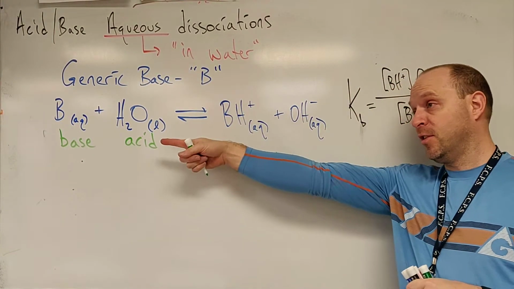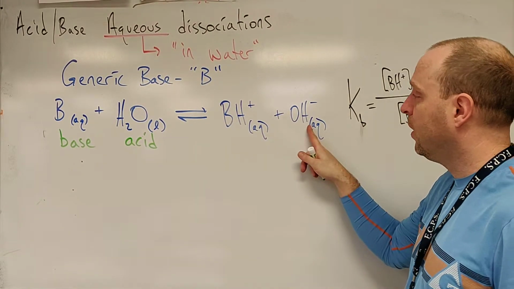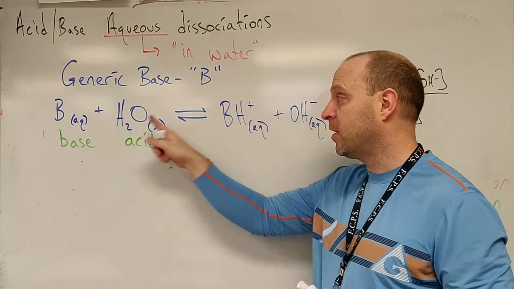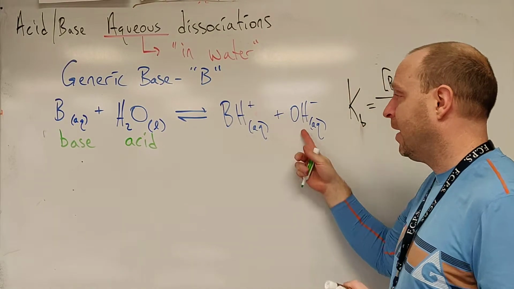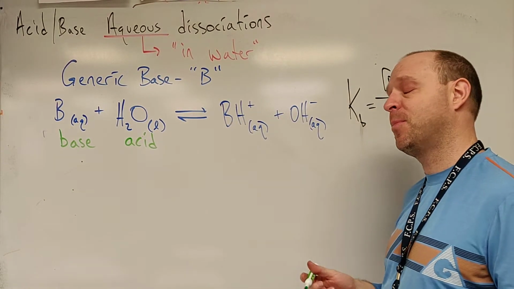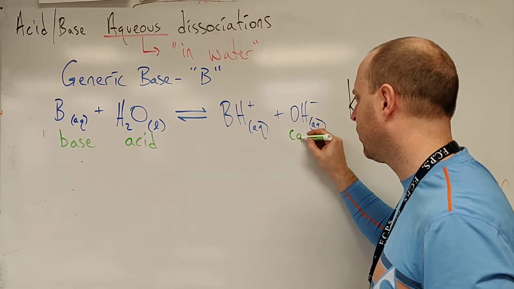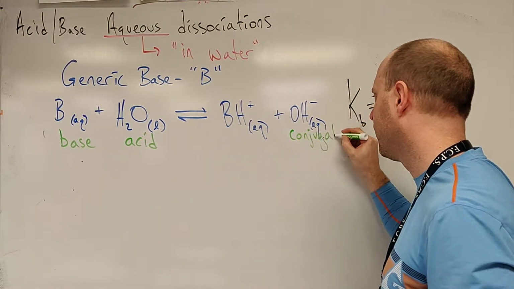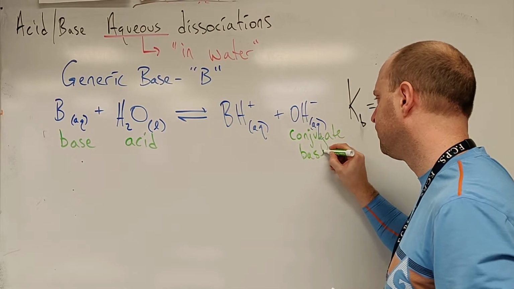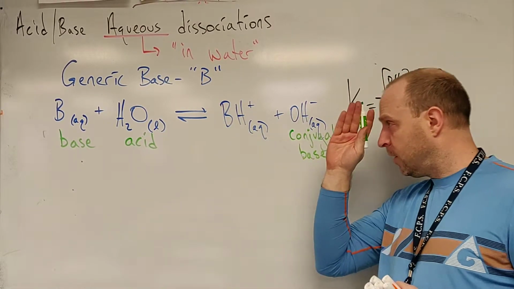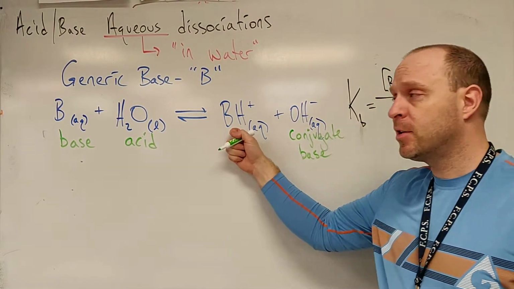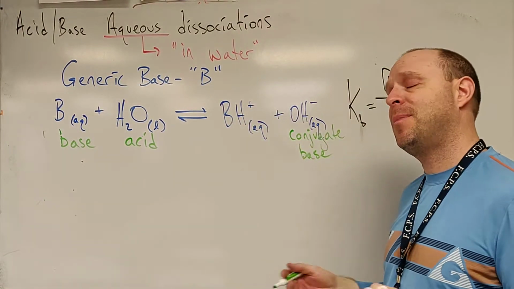As we look at things in this direction, how do they change? Well, OH- turns into H2O. It has to gain an H. It has to accept a proton. And things that accept protons we call bases. And when it's on this side, we're going to call it a conjugate base. And then reading this in the other direction, BH+ turns into B, and it does that by donating a